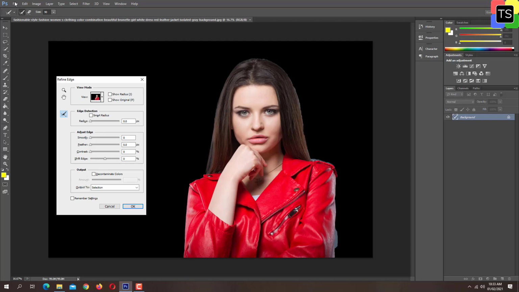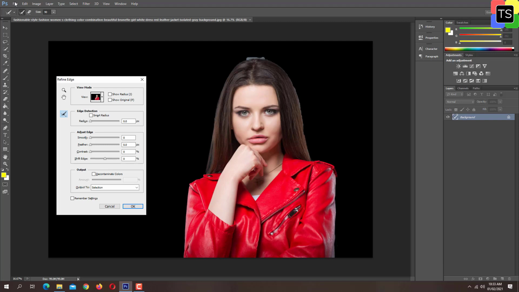Now here some part of the background is remaining, so I am just going to remove this part. Just use it as a paintbrush only. And as you can see, the unwanted part is already removed.